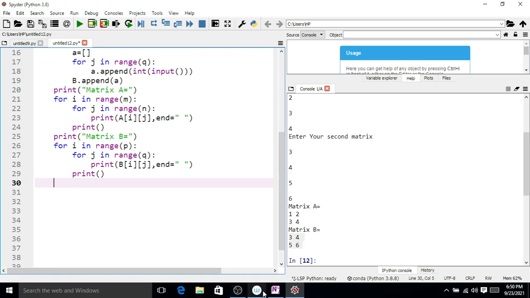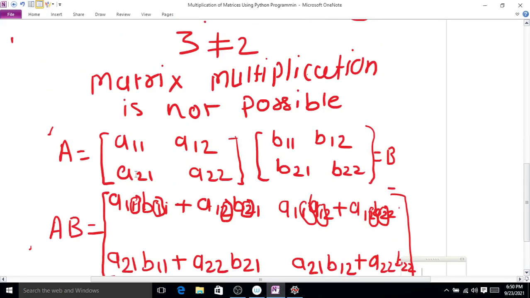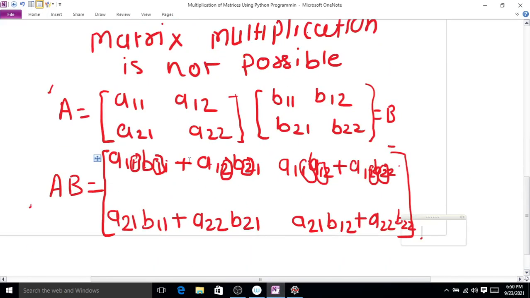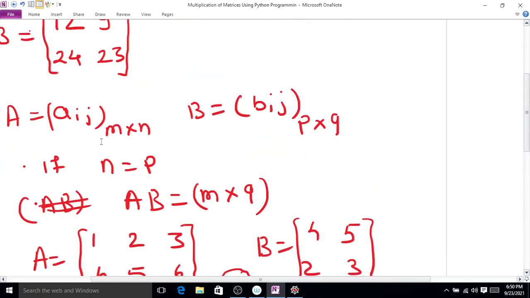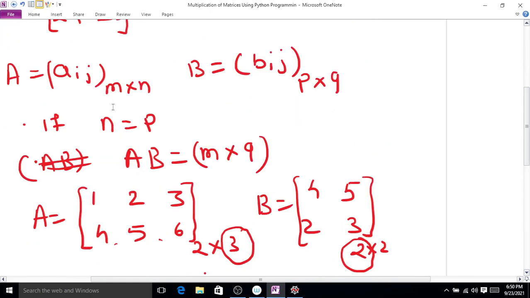So here you can see we require 3 loops. We want the order of the new matrix. Here you can see that if A is of order m by n and B is of order p by q, and if n is equal to p, then the order of the new matrix is m into q.